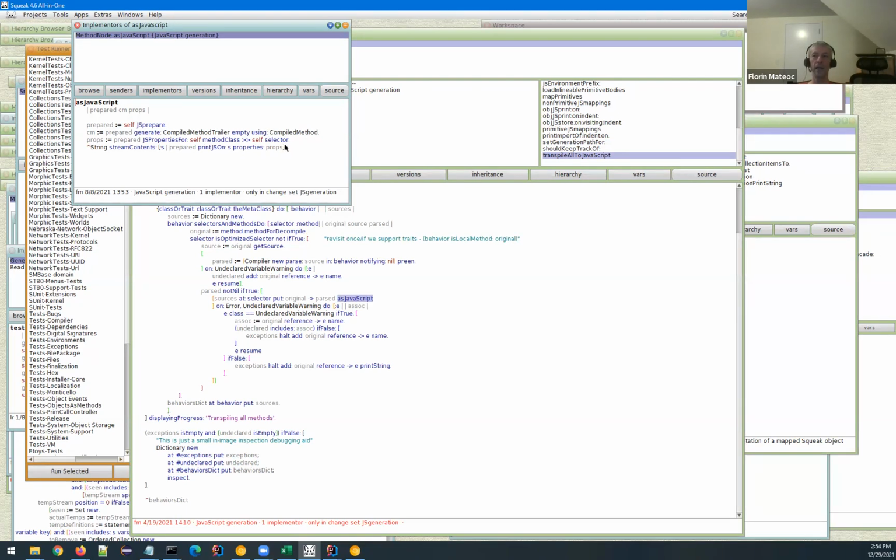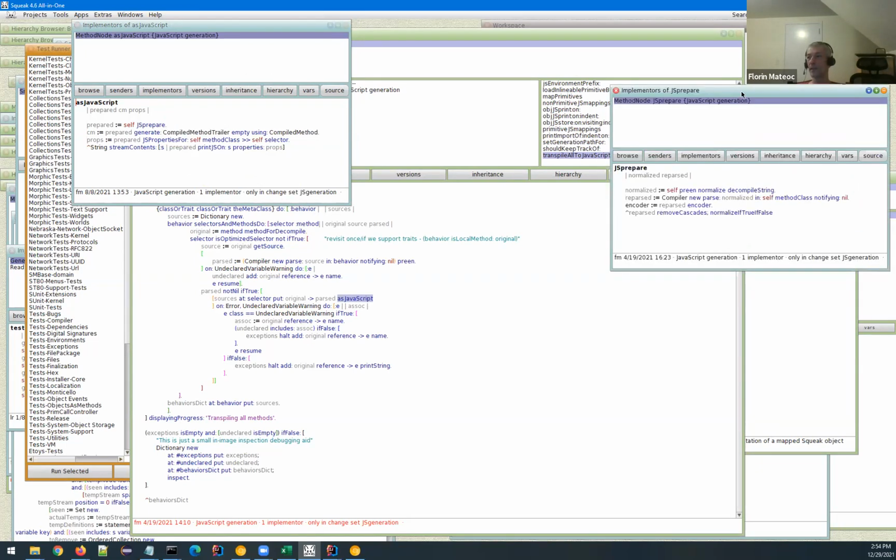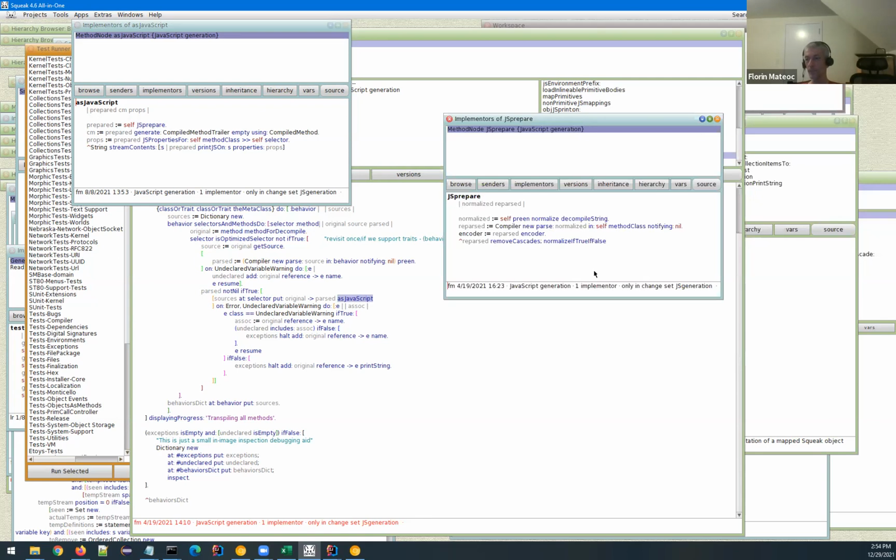Because of that, I am invoking generate because I want to go over the already transformed method node, and I prepare some properties that will be used during generation. Then we do the final walk through the method nodes and print them out as JavaScript. Now let's look first at prepare,